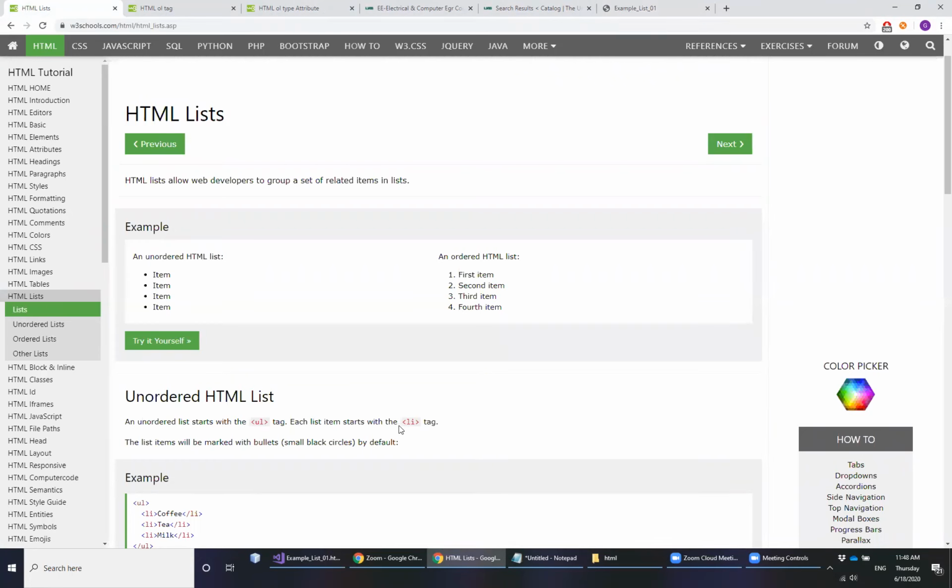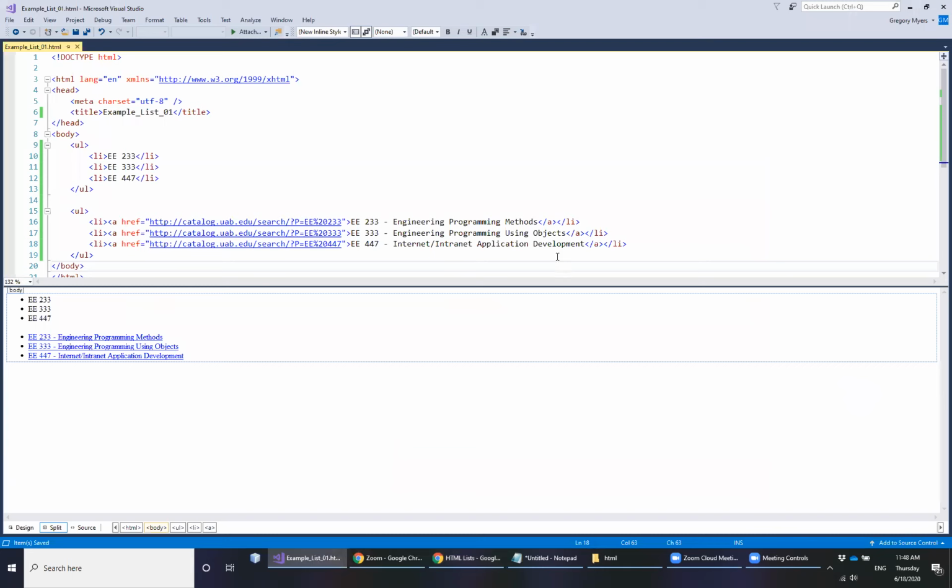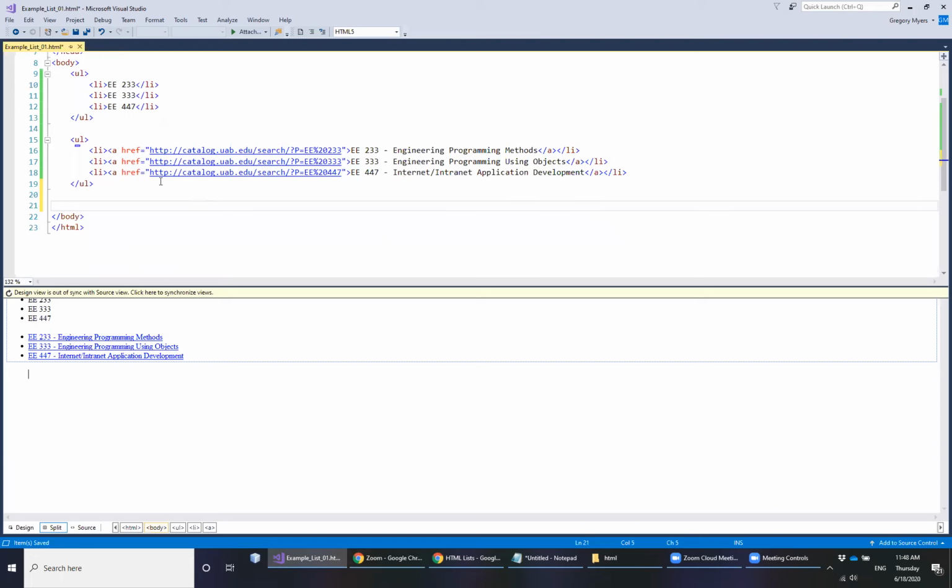All right, continuing on with that, what we would like to do is see what an ordered HTML list looks like. Once again, we're not going to focus too much on the style at this point. We're actually going to use strictly HTML tags and attributes, but in this case it's very similar. We want to use an OL tag, and inside the OL tag will be our list item, and I'm going to emphasize this one a little differently. We're going to just use an option with a number following it, so option number 1,